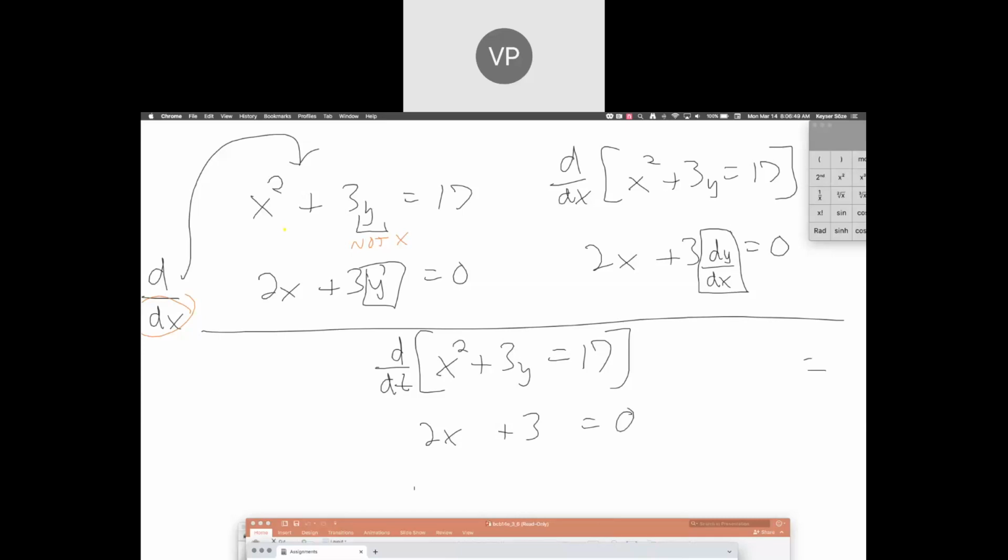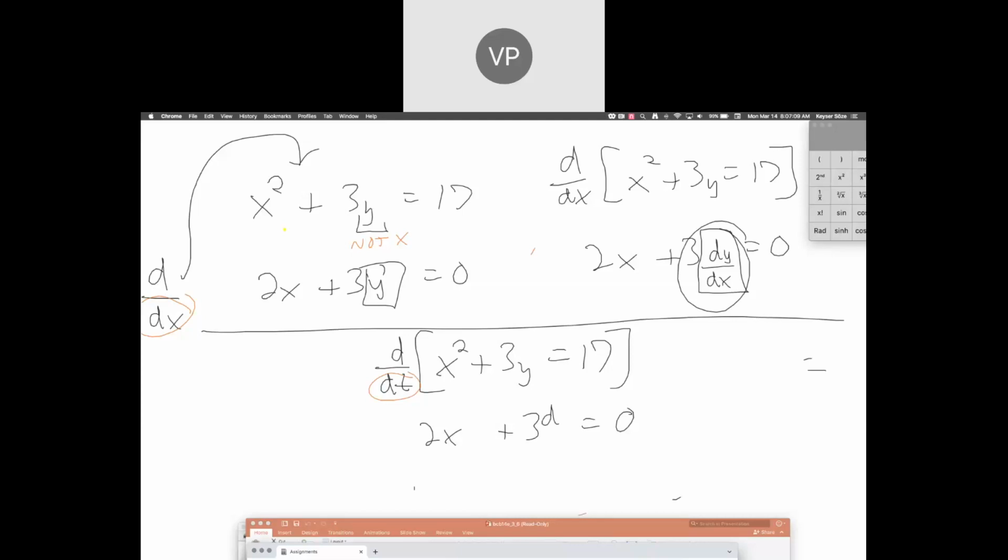But remember what I talked about earlier. We're taking the derivative with respect to t. So any letter that you take a derivative of that's not a t, you have to do that same chain rule. So this y right here, just like over here,